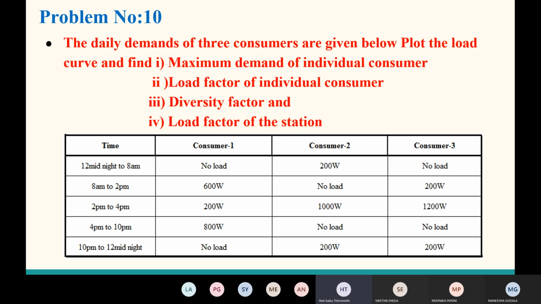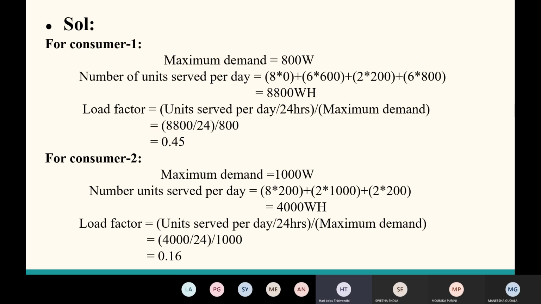So first 200 from 12 midnight to 8 a.m. From 8 a.m. it will increase to 800, so 8 a.m. to 2 p.m. is 800. 2 to 4 p.m. is 2400. Then again reducing, 4 to 10 p.m. is 800 watts, and 10 to 12 is 400 watts. So after drawing the load curve,